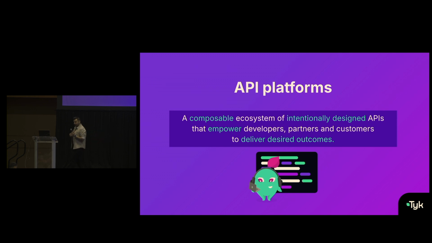I think that last part, and perhaps the first part, very, very important. And we'll touch upon the composability side of things in the next couple of slides, but really the desired outcomes and being able to deliver those both at a business level, as a team level, and to your end users, which might be developers, partners, and customers, are very, very important, and something that actually a lot of people miss out and do not consider when they are building out their API platform or even creating API platform teams. So very, very important there.